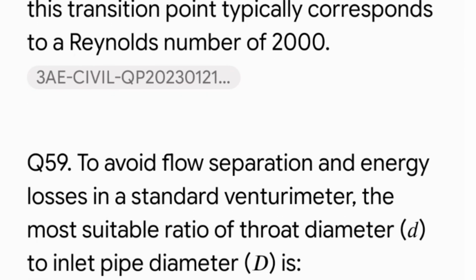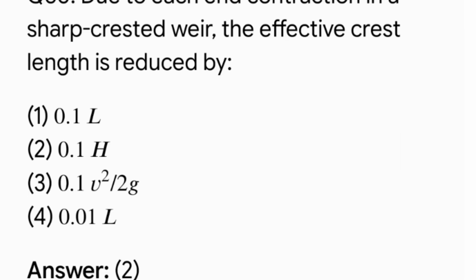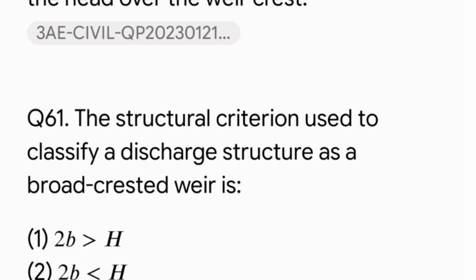Next question. To avoid separation and energy losses in a standard Venturimeter, the most suitable ratio of throat diameter to inlet pipe diameter is. Correct answer 1 by 3 to 1 by 2. Next question. Due to each end contraction in a sharp crested weir, the effective crest length is reduced by. Correct answer option 2, 0.1 h. Next question. The structural criterion used to classify a discharge structure as a broad crested weir is. Correct answer